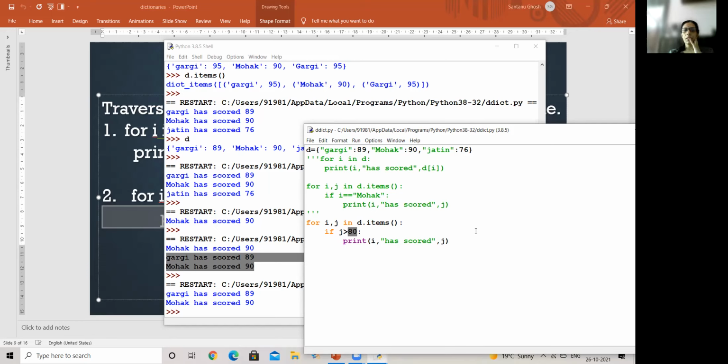For today, this much is enough. The next step for you is to practice this kind of a thing. Okay. I hope it's clear. We'll do programs in the next class and further on we do the methods, because these methods are very important, very handy, I should say. Very, very handy.